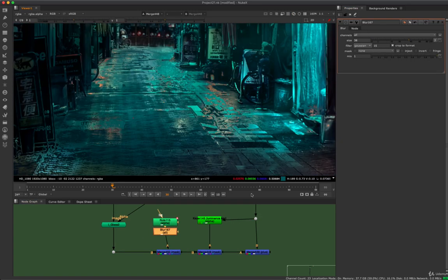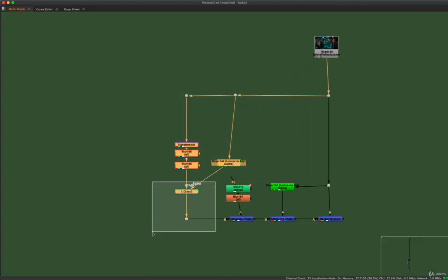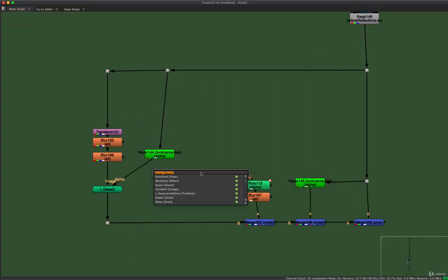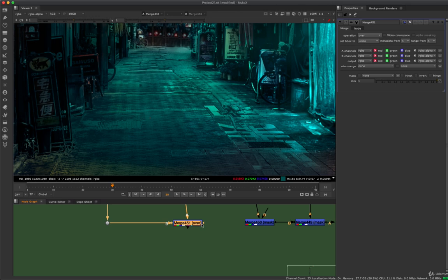And some areas are working, some areas are not. You can always go in there with an eraser and just erase areas that don't work. And if this was a moving shot, you could do the same. You could erase different areas, and